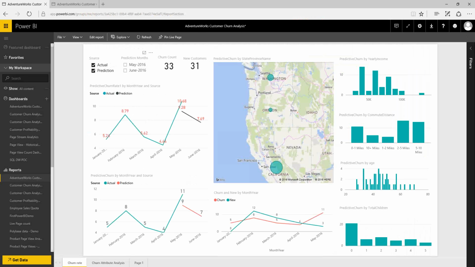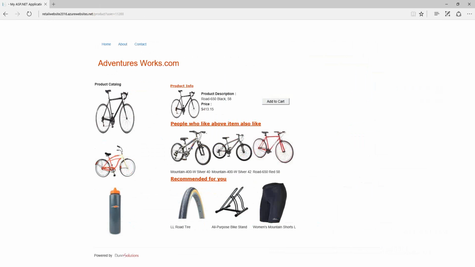The next part is how we can integrate that with our website. So this is the adventureworks.com website we have created for the demonstration, which has a business of selling bicycles and bicycle-related products. Their use case is, okay, they would like to provide a good user functionality that,